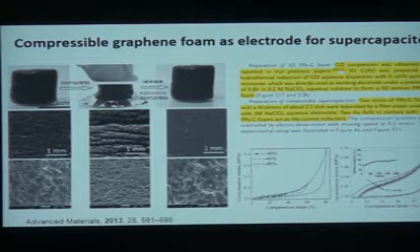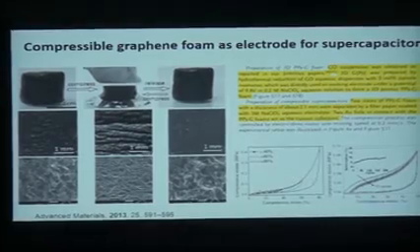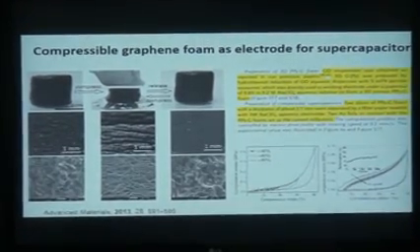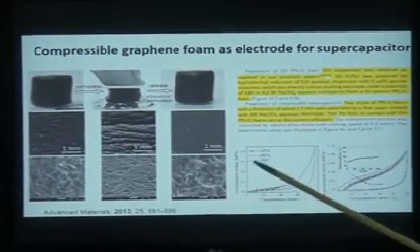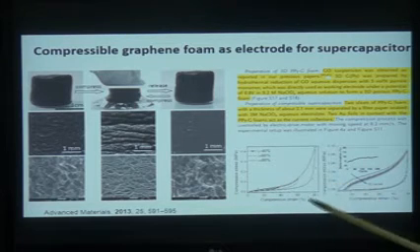Okay, but in these devices again it is very important to test them, because even if they look fancy, they look attractive, that they are ready, or the electrode is very good, it is quite integrated together, ultimately it comes down to how it performs. So whenever you make any device, you have to do its electrochemical characterization, you run a CV and see how much capacitance you are deriving out of it, and what happens when you compress it. So here you can see some data. Different compressive strains are applied, and you can see the change probably here.